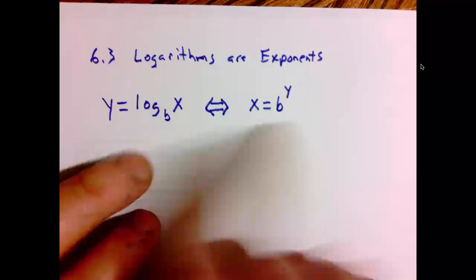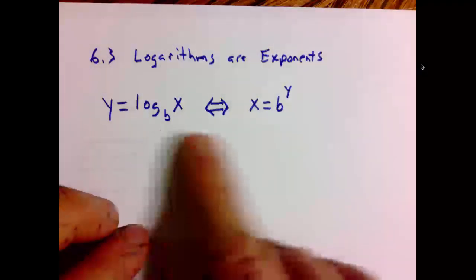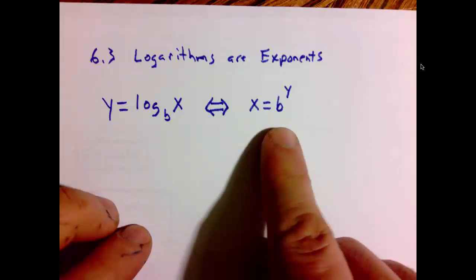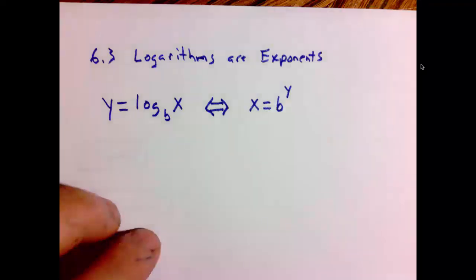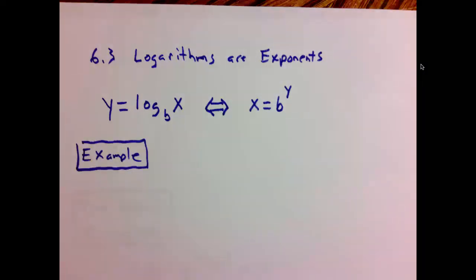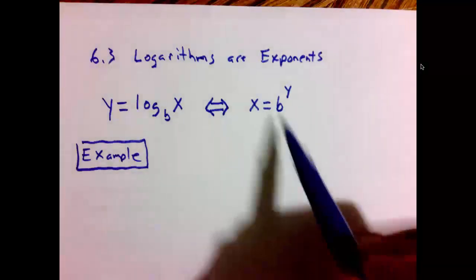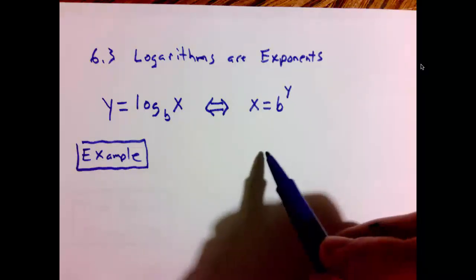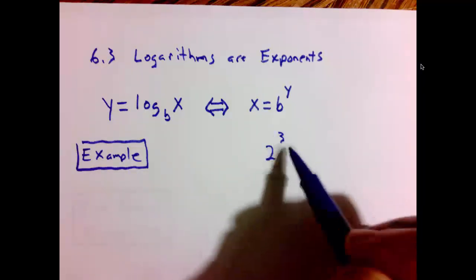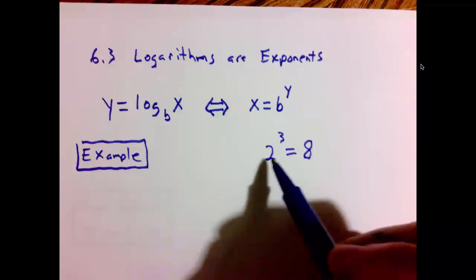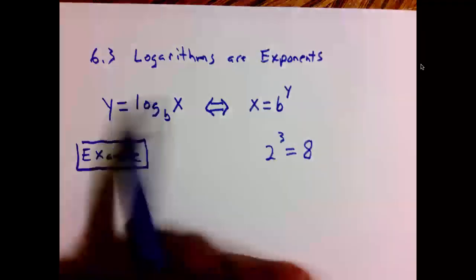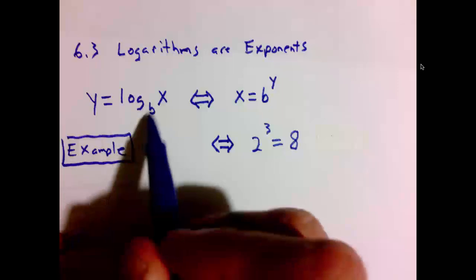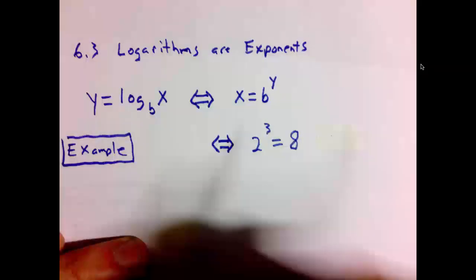Again, to say y equals log base b of x is exactly the same as saying x equals b to the y. So I'm going to show an example of that. When I say in exponential form that 2 to the third power is equal to 8, and we know it is, 2 times 2 times 2 is equal to 8, I can equivalently write, the base number here, 2, becomes this subscript here with the log. So I will write log